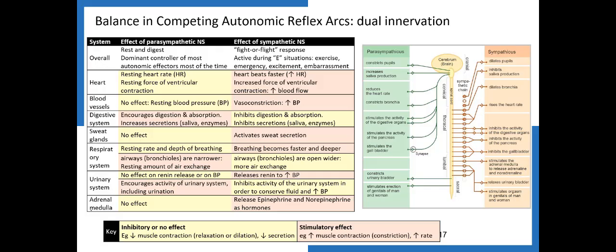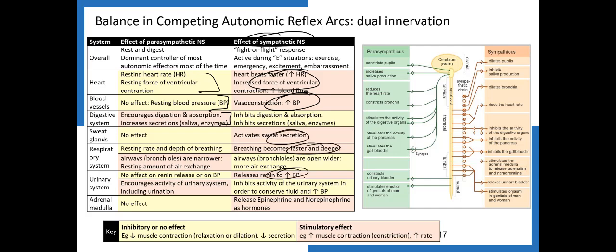This is the balance in competing autonomic reflex arcs. So you've seen the two halves of this in previous slides before. What you can see here is those things that are highlighted in yellow means that that system has either an inhibitory effect or no effect at all. And what's highlighted in the orange or slightly reddish color is what stimulates it. So you can see here, sympathetic nervous system stimulates heart rate, stimulates blood pressure, activates sweat secretion, stimulates breathing,